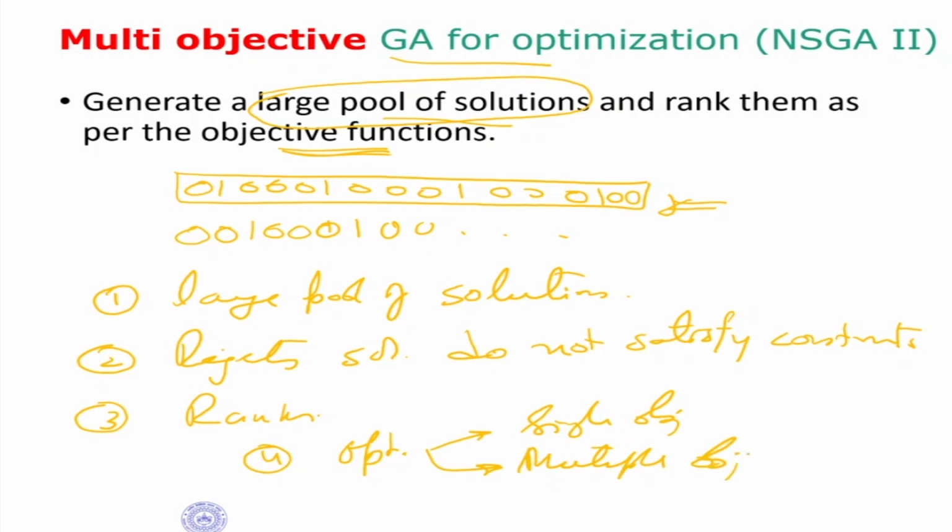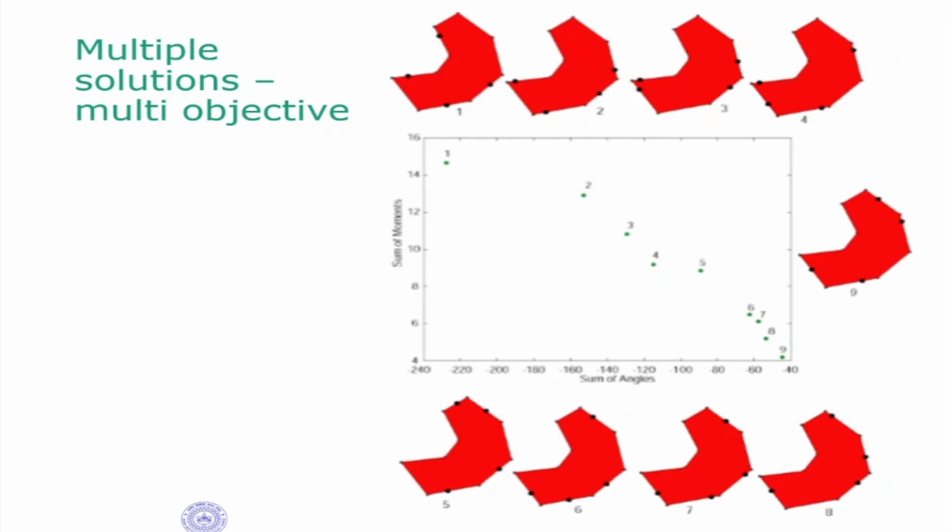Now, in a single objective, there is one objective, as the name indicates. It can be a combination of the clockwise, anti-clockwise movement. It can be the number of robots. In the case of multi-objectives, you can have more than one objective, so you'll get multiple solutions again. First we tried to solve this problem using multi-objective optimization. Here, this is the sum of the angles and this is the sum of the moments. We talked about the sum of moments, sigma m, and this was the first objective. The second objective was sigma theta.